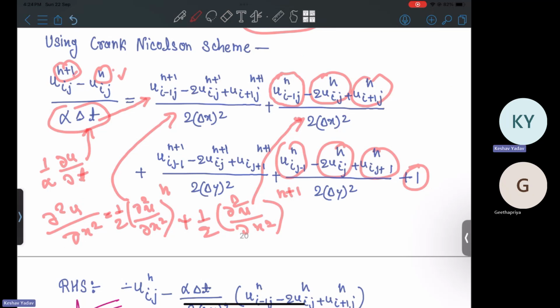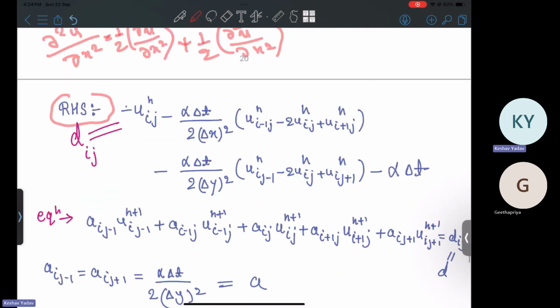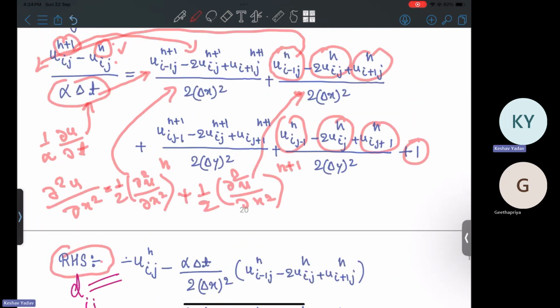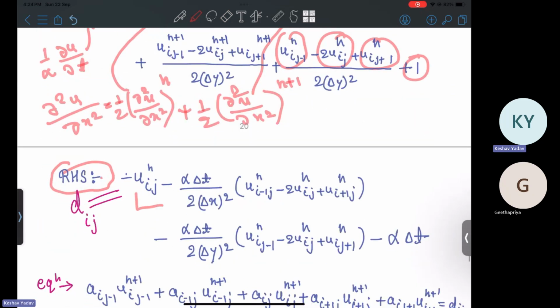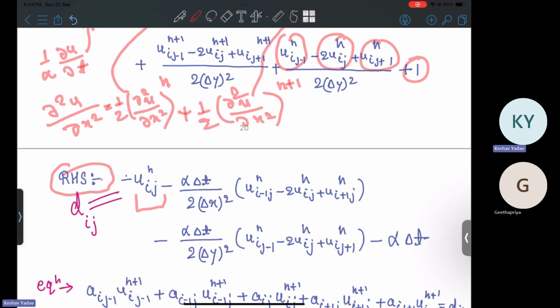This term will go into the LHS and all the other terms will go into the RHS at the nth iteration. Okay, so if you do that, we'll get the RHS. RHS will be what? From here we will get minus uij at the nth iteration plus this term multiplied by alpha delta t. If that comes into the LHS,